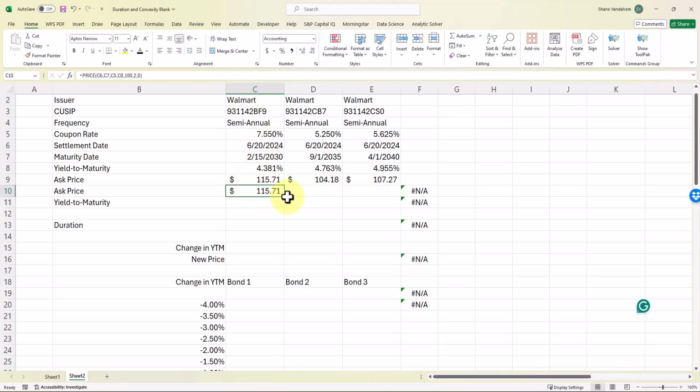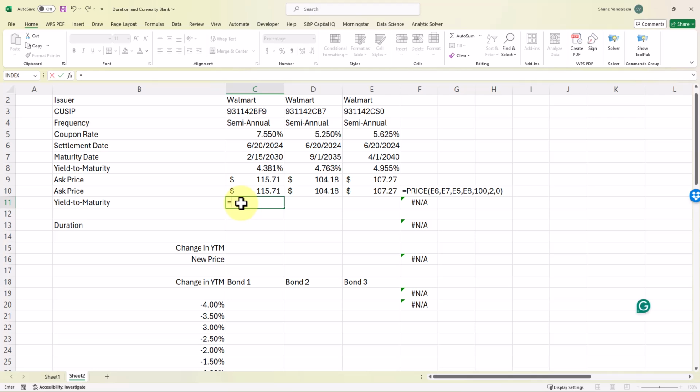It's nice just to double check that, but also because we're going to use this calculation down below to demonstrate how that value would change if there was a change in the yield to maturity for these bonds today. Finally, I'm going to put in yield here just to again demonstrate how to do this in Excel. We're going to put in equals yield,